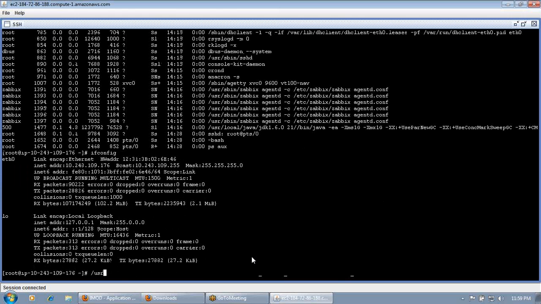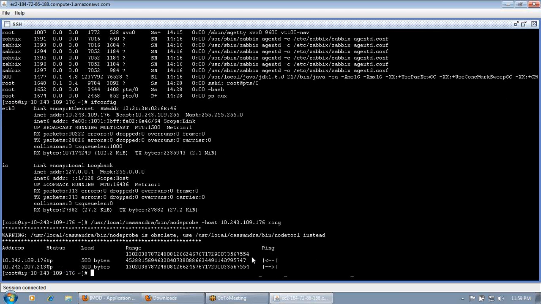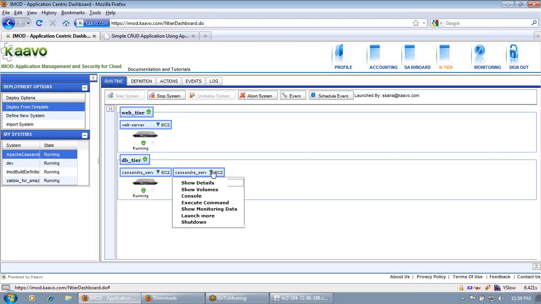So this command shows the two servers are communicating with each other. It's showing their IP address and status is up. You can see the same thing in the other server.